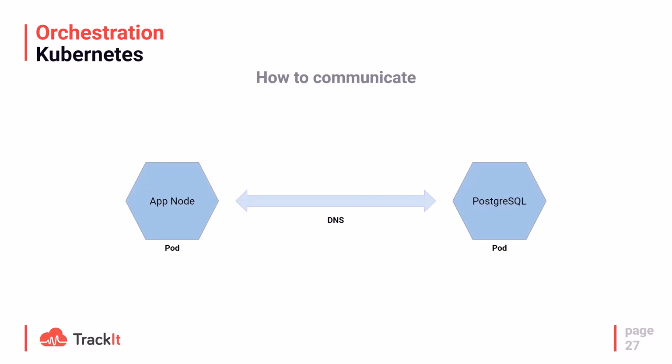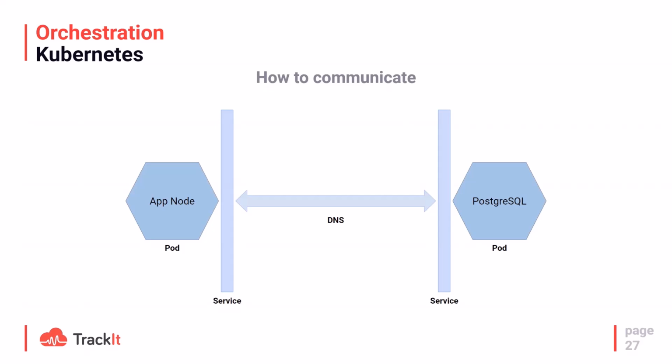The solution: we would like to use DNS between those two services, and the way to do that is to declare a service for each pod, and this service is going to have a static name. So in our database, the service could be named database, and for the node app, the service name could be just app. On the node application side, in the configuration, we just give it the DNS name of the service, which is static, and the service is the one that manages the load balancing for you. It's configured to target the pods that have a name with a certain prefix that you are sure is going to be used by the PostgreSQL deployments.